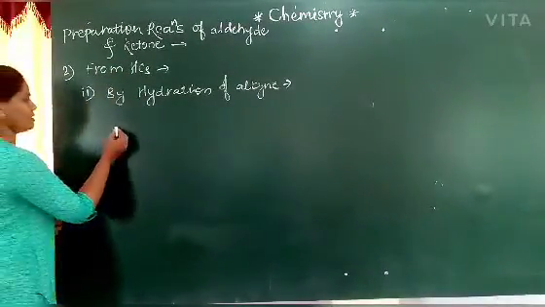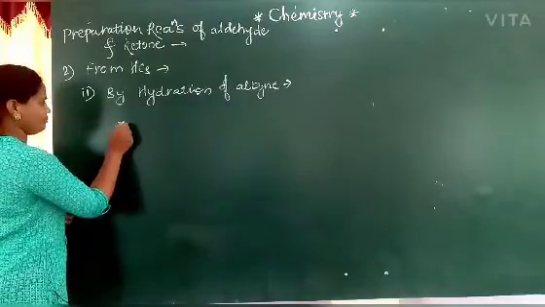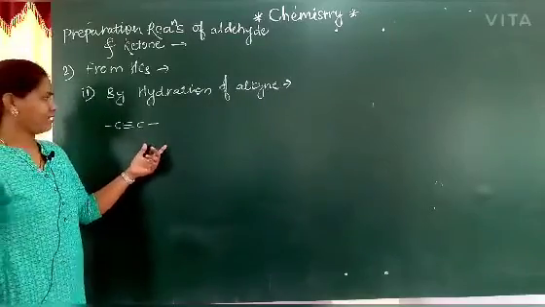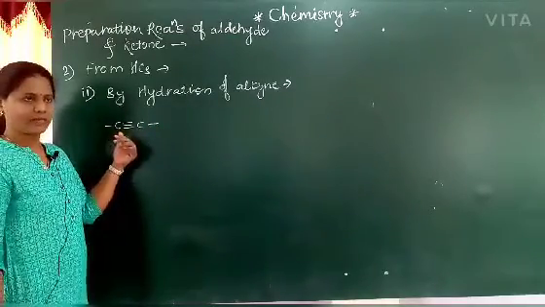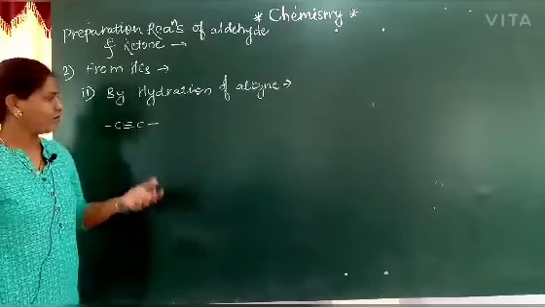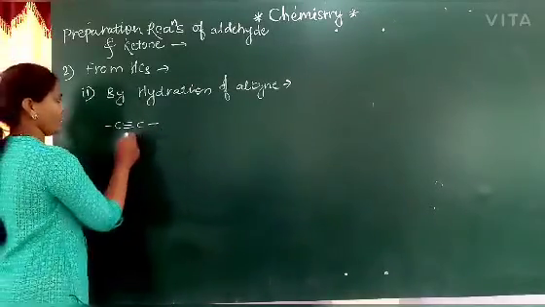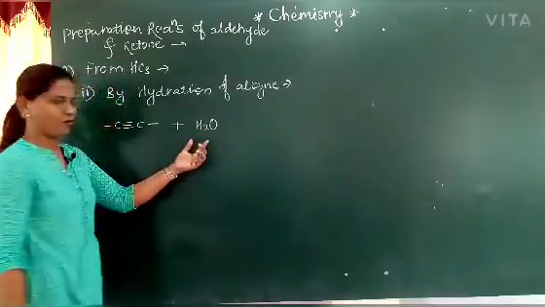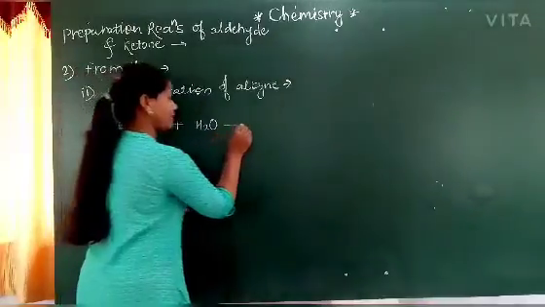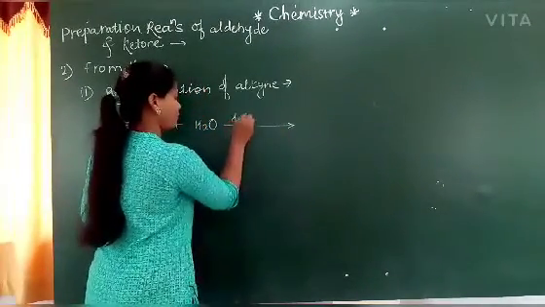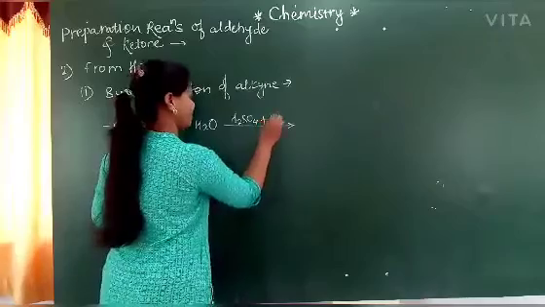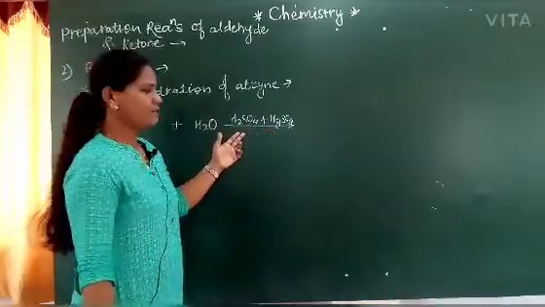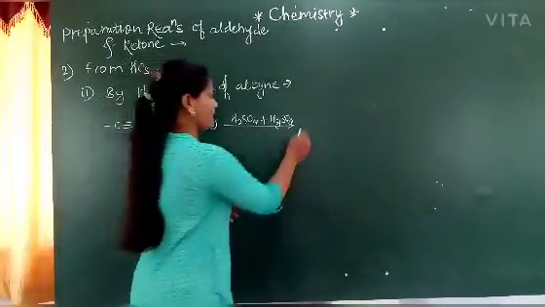Let us see how it forms the aldehyde and ketone. C triple bond C, any alkyne we can take here. One valency of each carbon atom can be satisfied by the hydrogen atom, or else you can take the methyl group. When this alkyne undergoes hydration, hydration means addition of water molecule, this addition takes place in presence of sulfuric acid and mercuric sulfate. Here we have to take 1% of mercuric sulfate and 40% of sulfuric acid, then it forms the addition product